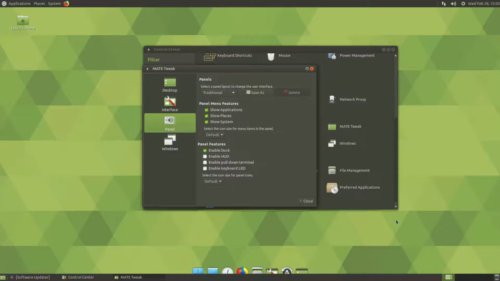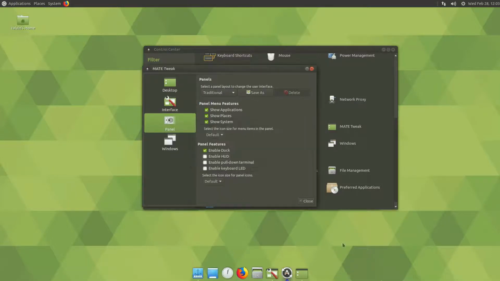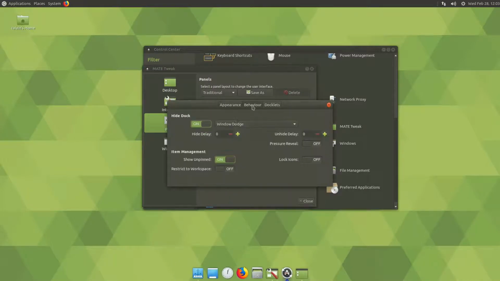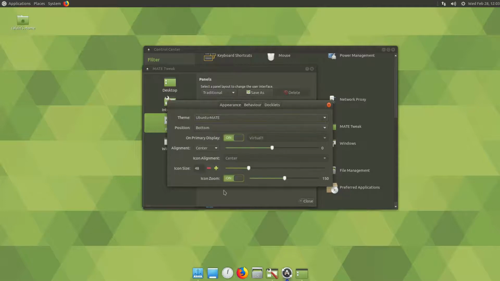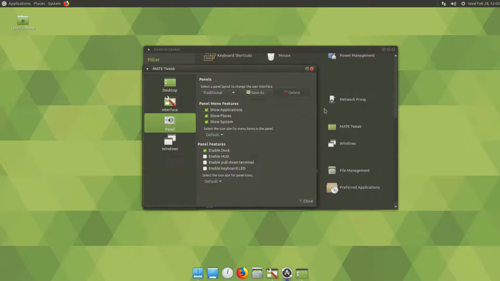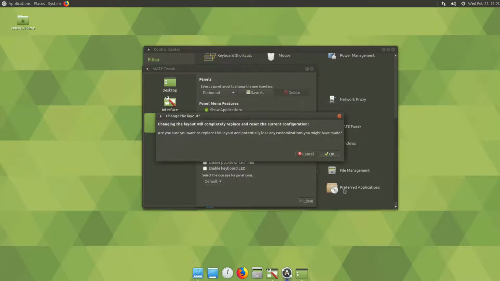I do usually have a dock down here instead of this bar, so let's delete that right now. So have the dock down here instead. Let me just tweak this really quickly so it doesn't disappear on me. Let's check out some of the other layouts it comes with as well. So it comes with Redmond,